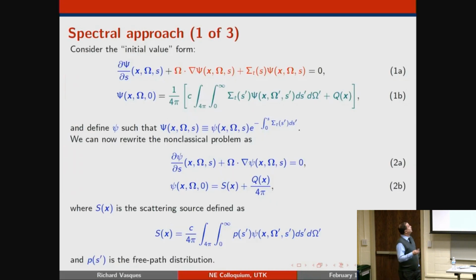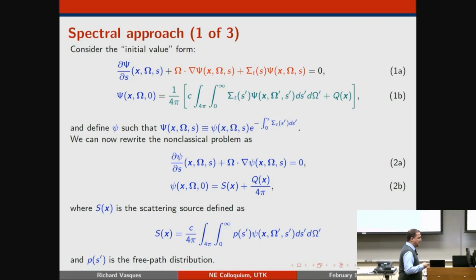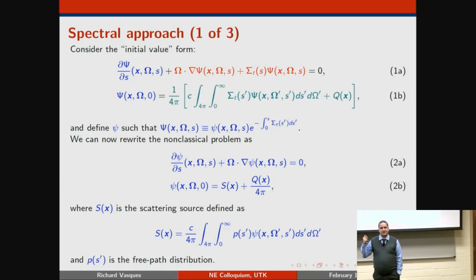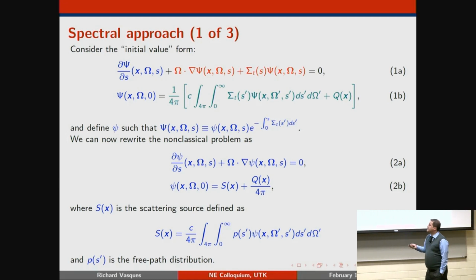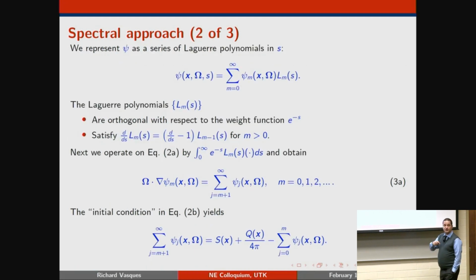So it comes to the whole point, and I'm not going to give you all this math here, that one of the approaches we're working on right now with people in Brazil is how can you use current deterministic codes to solve the non-classical transport equation. One option is to expand my s variable using Laguerre polynomials. If I do that, I get a spectral representation that has the Laguerre moments, and for each one of the Laguerre moments, I'm going to use any transport code that you already have.